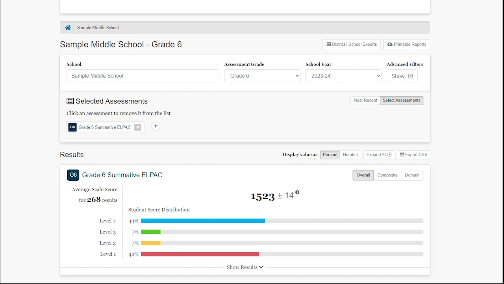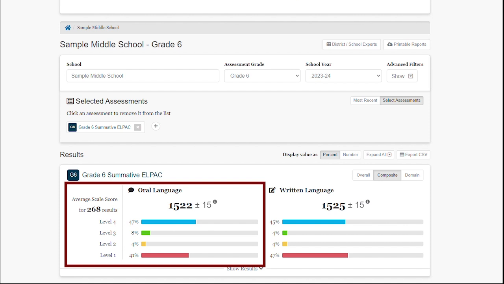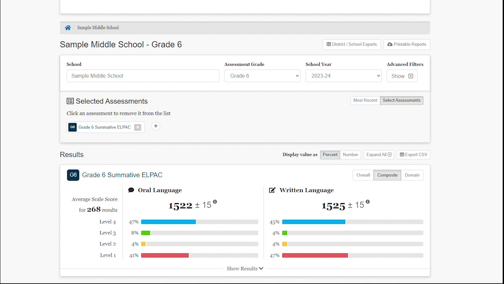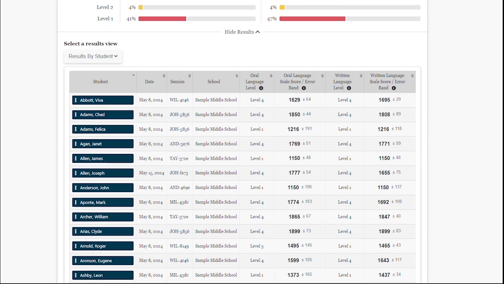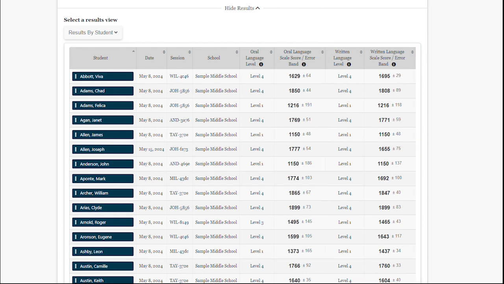For any summative LPAC results in any grade, we can view overall, but we can also view our composite level scores and our domain level scores. So starting with composite, it will break it up into oral language and written language composite scores. And we can view these even at the student level. If I click on the link that says show results, the results will give us the oral language scale scores for each student, as well as the written language scale scores and performance levels for each student at the composite